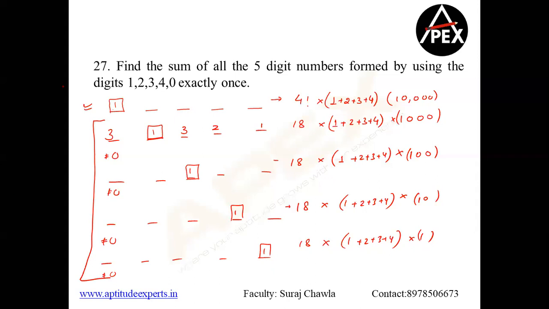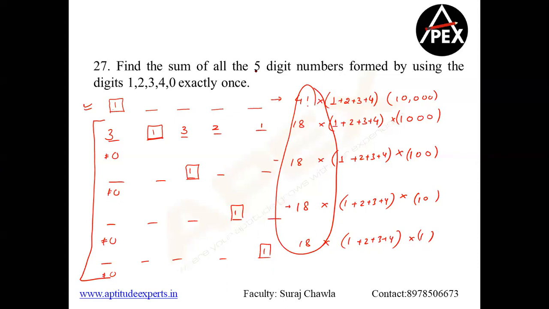So what is the shortcut for this? How am I supposed to do this way? Not required. You have to just calculate two things. As I said, the main game that is played is here. If you place 0 anywhere, 0 into anything will give you how much? But if you're taking 1, 2, 3, 4,